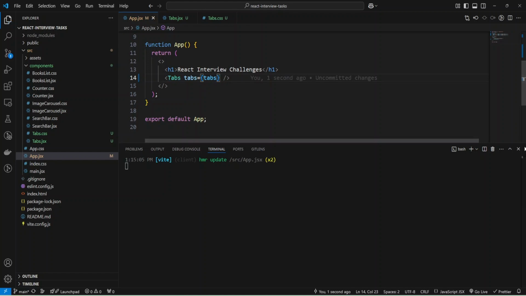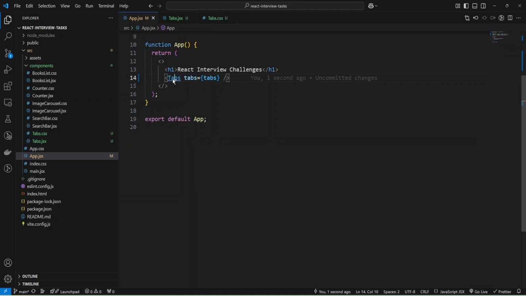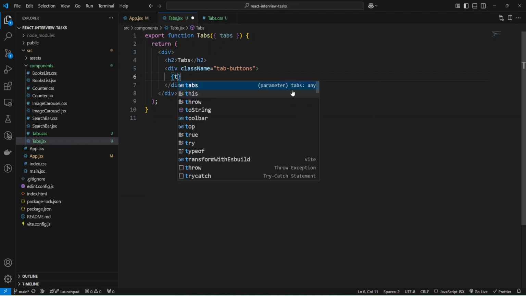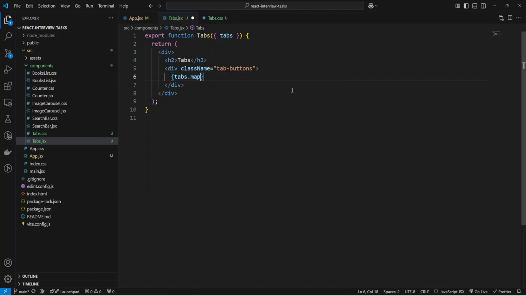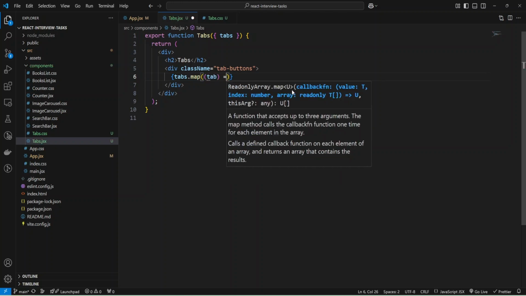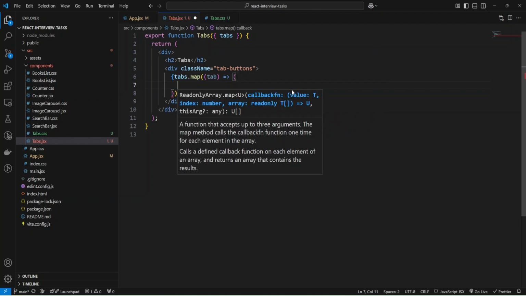Okay, and now let me hide the panel. And now in the component tabs we can retrieve our tabs prop using object destructuring, and now I can add some div and provide some class name, and let me add tab buttons, and tabs is an array of objects, and for an array I can use the map function, and I'll provide code tabs, and I'll use the map function of the array to iterate through each tab, and for each tab I'm going to provide JSX, and I'll add a button,